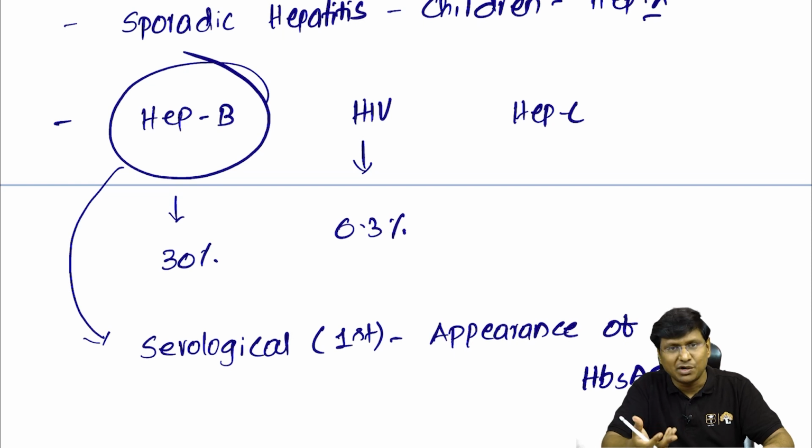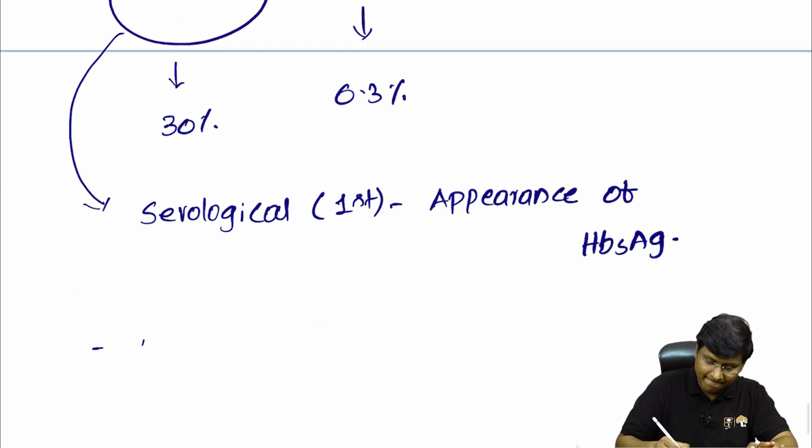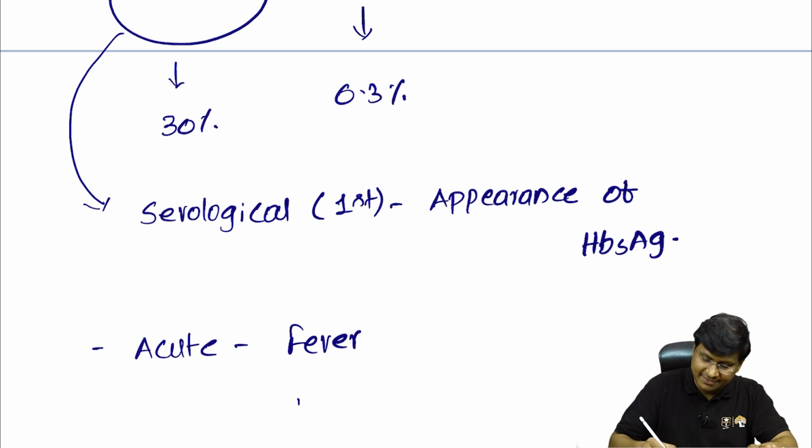Now, in case of acute viral hepatitis, what will be the features? And what will be in the chronic, and what will be the serology, and then finally what will be the treatment is what we will be discussing now. Now, in case of acute viral hepatitis, these patients will have fever, right? And on examination,